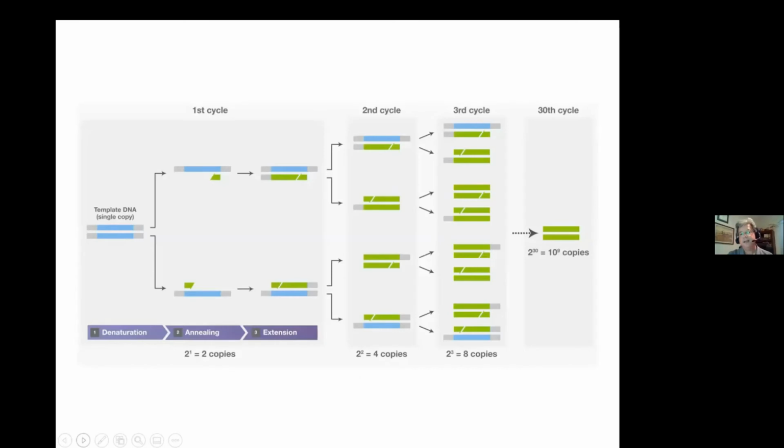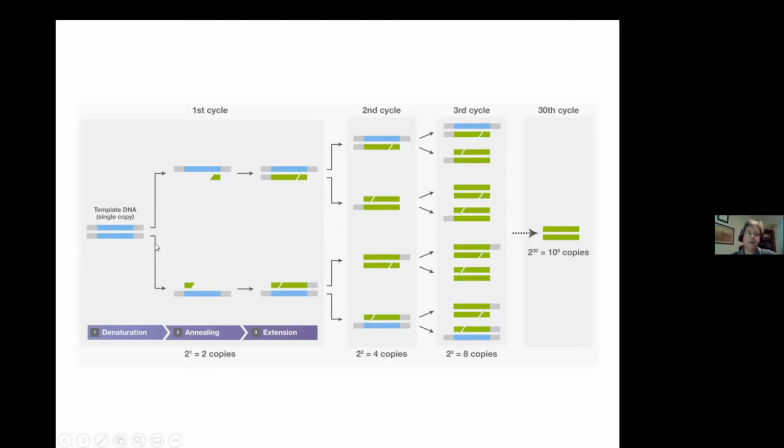So in 1983, a guy named Kary Mullis and other people in his lab were working at the Cetus Corporation, which is a private biotech company. And they were mulling over this problem of, well, how do we take a little bit of DNA and turn it into a lot? How do we get DNA to replicate itself for us on purpose? And he developed this idea of saying, okay, well,